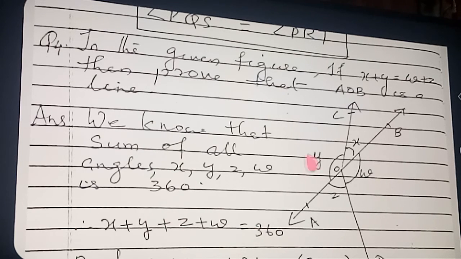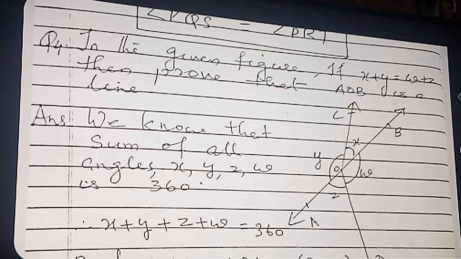Okay, clear? Now, what I have written here: we know that the sum of all angles x, y, z, w is 360. You see, around the point, how many angles are forming, what will their total sum come to? 360. That the teacher will tell you. x plus y plus z plus w is equal to 360. Clear? But what is given? x plus y is the same as w plus z. So in the place of w plus z or z plus w, what can we write? x plus y.